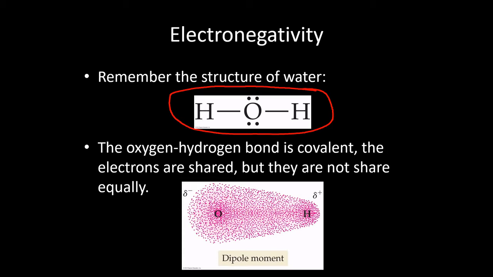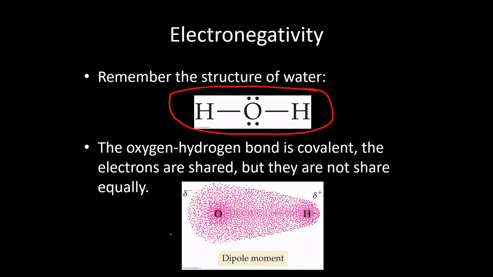And so because of this, the oxygen, because it really wants electrons, it really likes electrons, it will essentially hold on to those electrons a little bit more than it should. It doesn't equally share the electrons with the hydrogen, and as a result, the electrons kind of stick around on the oxygen a little bit longer than they should. They're not staying on the oxygen 50% of the time, and on the hydrogen 50% of the time. They're staying over here with the oxygen a little bit more than 50% of the time, and we get what's